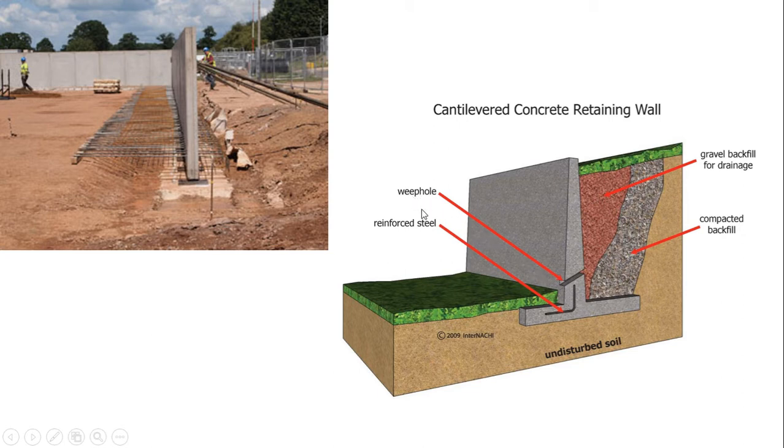So this weep hole is for the drainage of water, meaning during the rainy season the water will percolate inside this backfill, and it is going to increase the load or the pressure on the retaining wall. So to reduce that, it is necessary to drain off that water, and for that reason the weep holes are provided. Okay, and also to give strength to this retaining wall, we are going to put reinforcement in